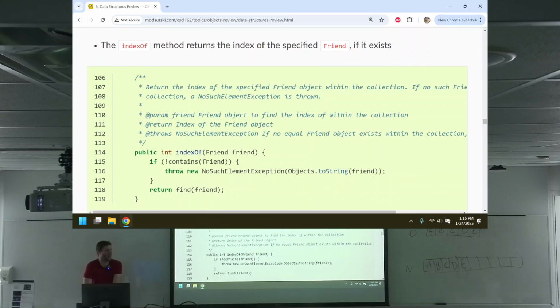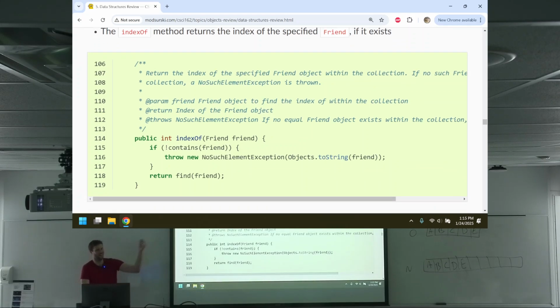Okay. Oh, look at that. There is an index of. Oh, I guess we did want an index of. I don't know why we want an index of. I just went on a rant about why there's no utility in knowing the index of any of these things, but I guess I decided to add one because why not? So we want to know the index of a friend, but